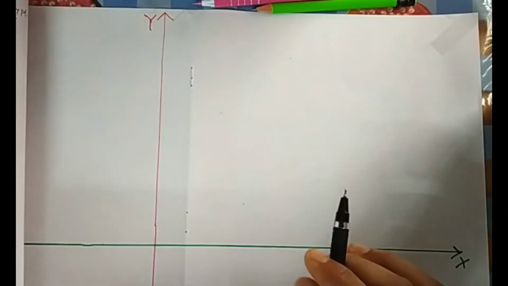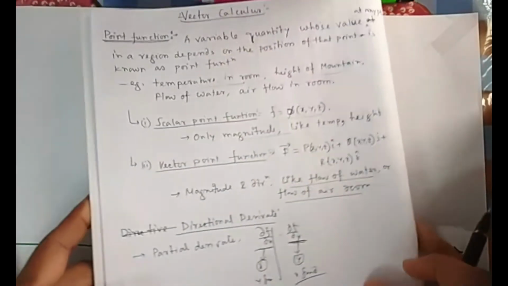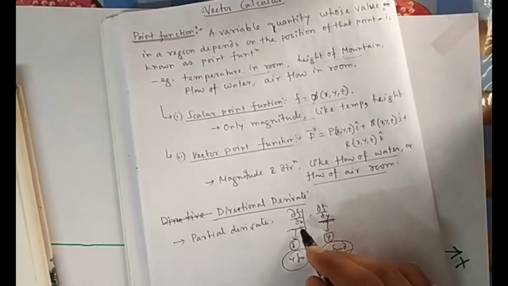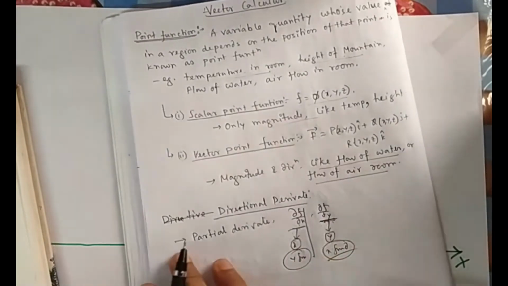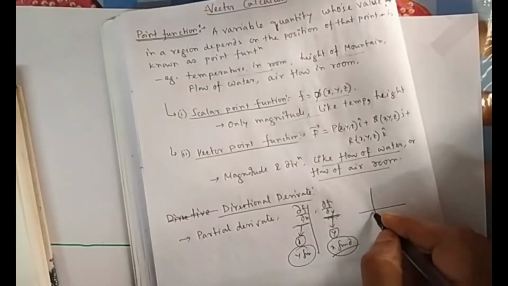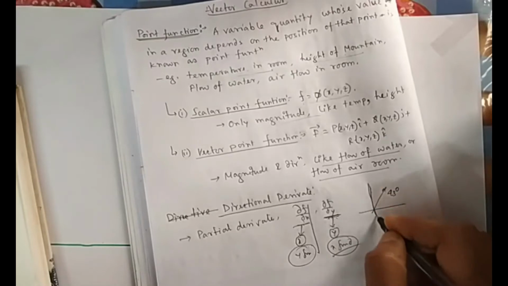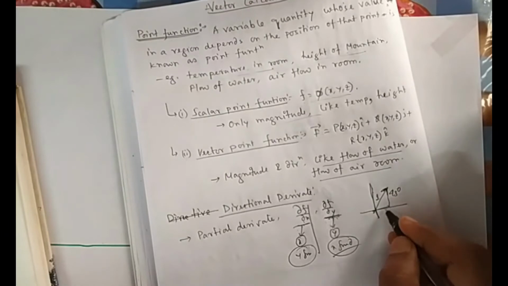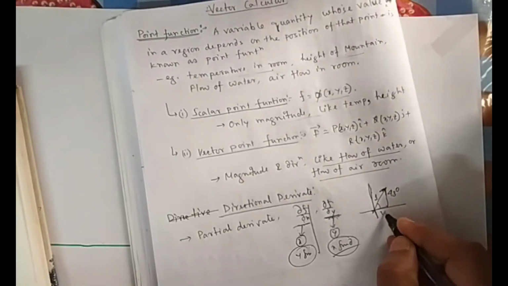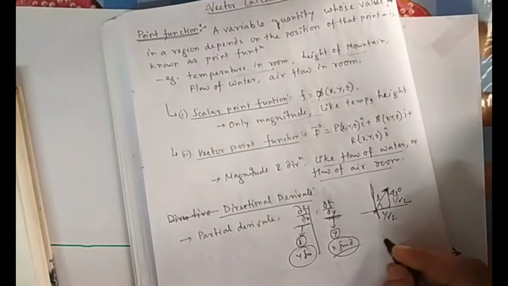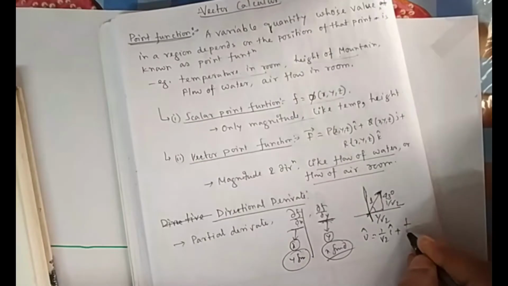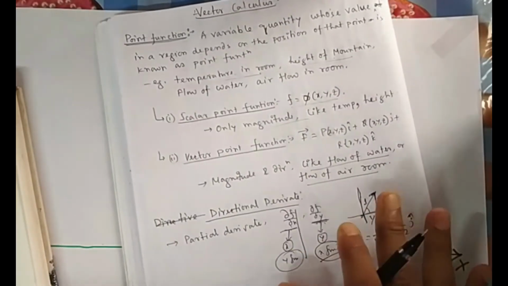The sense of a directional derivative is that if you are looking in a particular direction, what will be the change? So these are also directional derivatives, but very specific ones. Now suppose I want to look at 45 degrees between x and y. How do we represent this 45 degree direction as a vector? If it is a one unit direction at 45 degrees, it will be cos 45 which is 1 by root 2, and sin 45 which is 1 by root 2. So in vector form we write the unit vector u as 1 by root 2 i cap plus 1 by root 2 j cap.